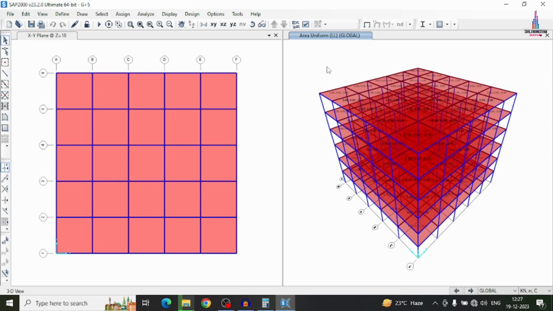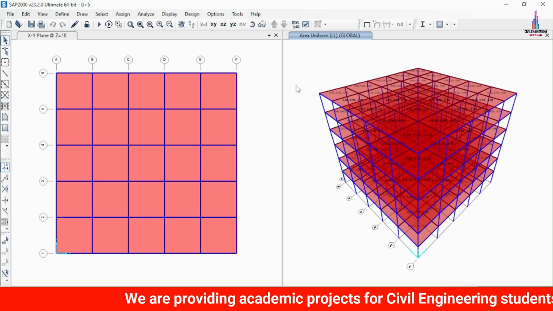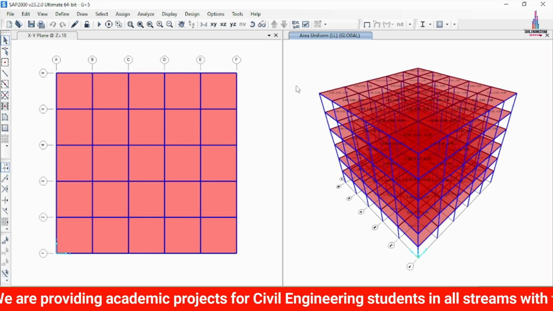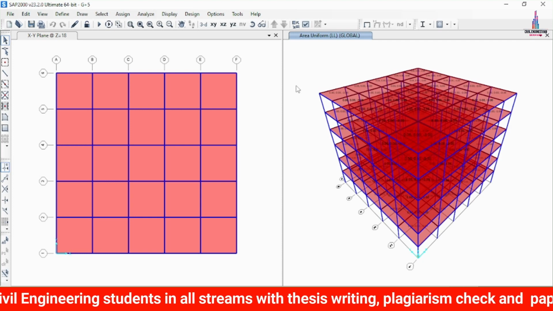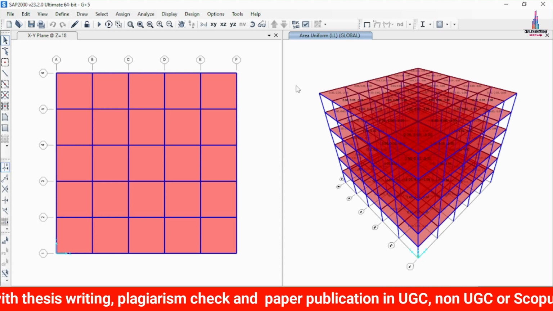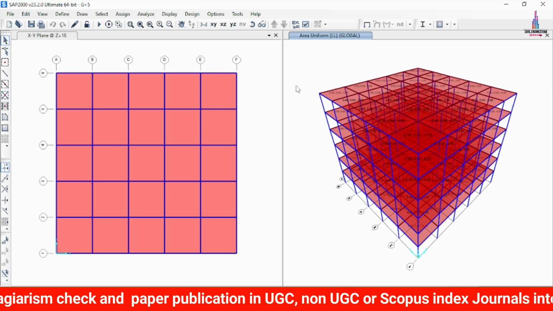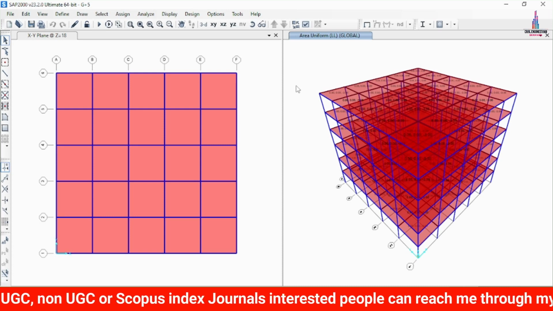Let's start our video. Here the wind load analysis is carried out using IS 875 part 3 code. According to IS 875 part 3 code, the terrain is divided into 4 categories: terrain category 1, 2, 3 and 4. The terrain category depends upon the height of the obstacles or hills near our construction site. If the obstacles are low in height, we consider terrain category 1 or 2. If the height of the obstacle is greater than 9 meters, we consider terrain category 3 as well as 4. In this video, I will assume terrain category 4 for the wind load analysis.